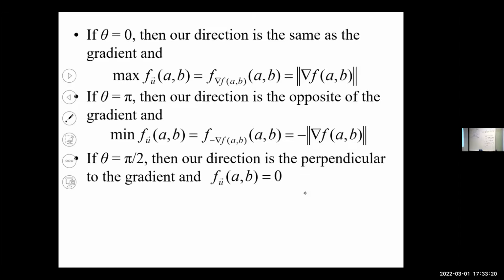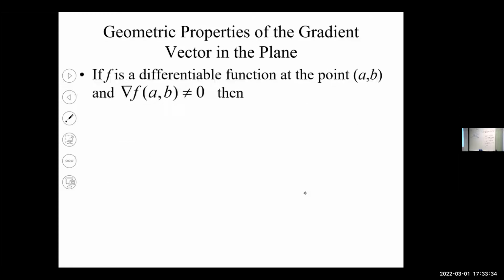If they're perpendicular, then the directional derivative is 0. And all this should make sense based on the stuff that we talked about before with our level curves. So let's talk about that. So let's say we have a gradient. Well,